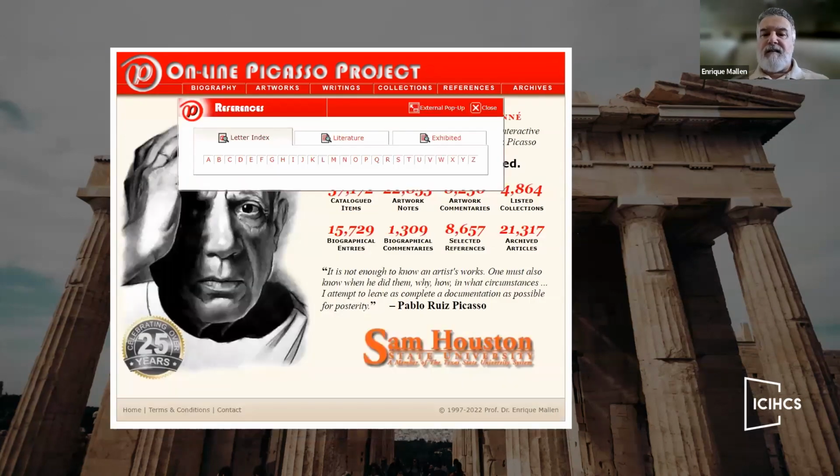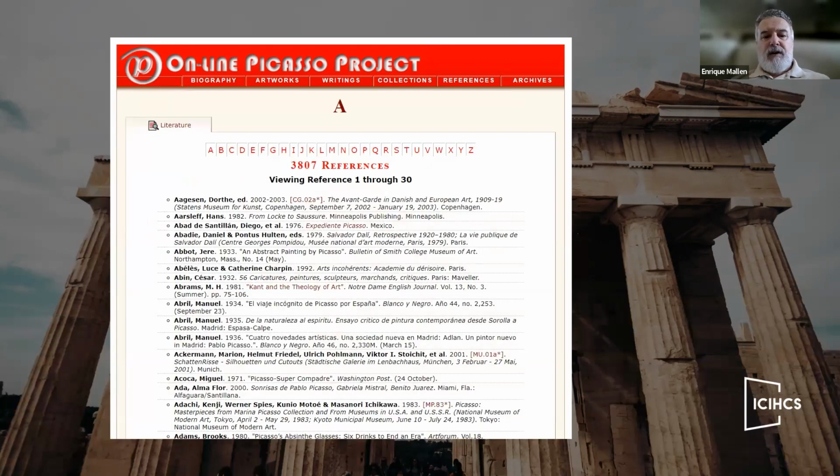And moving on to references, we have a very extensive bibliography. This bibliography is also related to the works that we have listed. So in many cases, you can see hyperlinks. For example, for the first one listed, you have a number of catalogs there. If you click on it, then you see works that are illustrated in that book. In some cases, you can read the article online. We have the article available, and sometimes we even have the book available